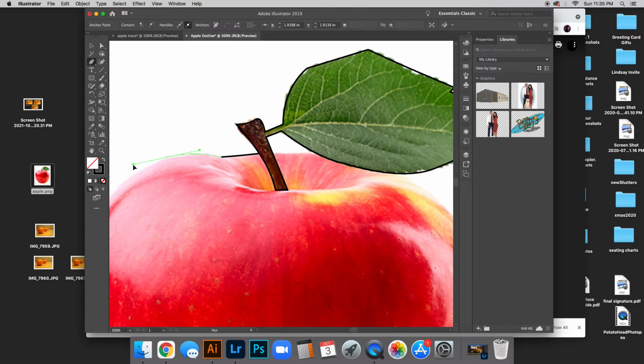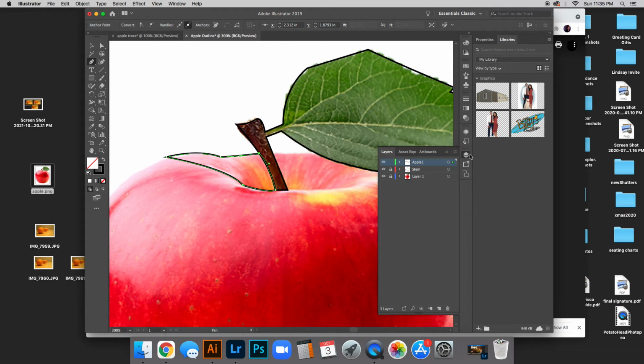So again, clicking and holding, and then make this kind of curved as well. And then this is actually going to follow, I'm going to make this overlap with this path here. So I'm going to click and hold down and just try my best to line that up. Okay, so there's my first section, and then I'm going to create a new layer and name this apple 2,